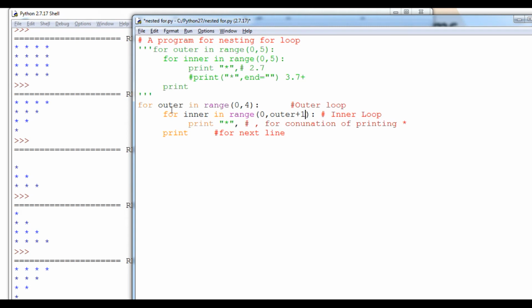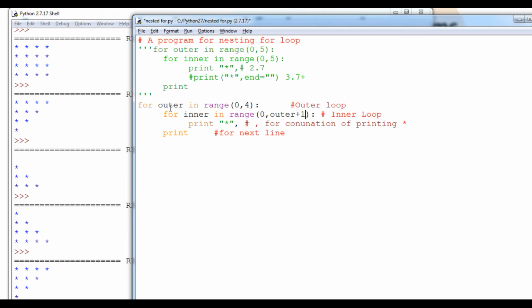So here you can see student, the outer loop will initialize, I say this particular outer variable is initialized first as 0, and it will check whether outer is lesser than 4. Definitely 0 is lesser than 4, the condition will be true, and control will go to its indentation, and it finds another loop, that is the inner loop, and this inner loop will start from 0, and its limit is outer plus 1.